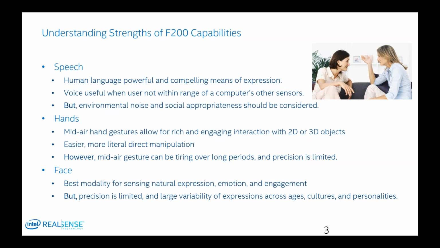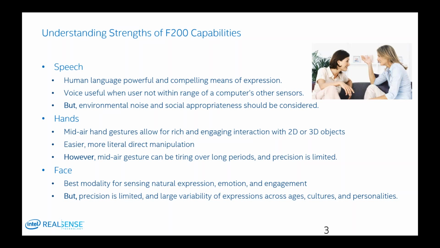So it can be problematic for the user. And then you have the face modality from the SDK, so you can sense natural expressions, emotions, and of course the 3D position of the head. The precision of 3D tracking is really good, it's working well. When you want to track natural expressions, such as the openness of the mouth,